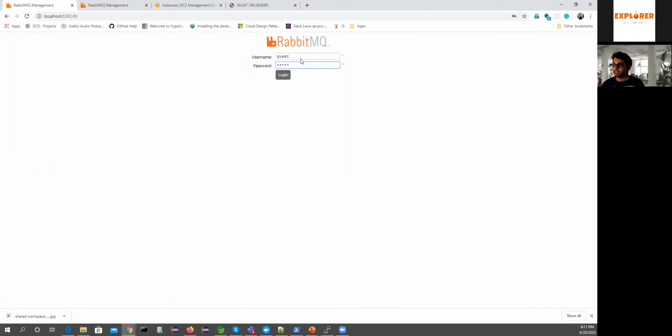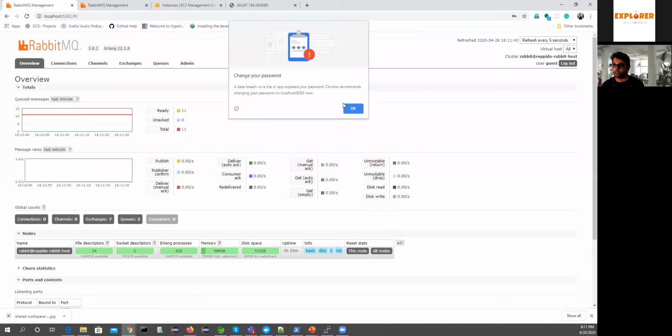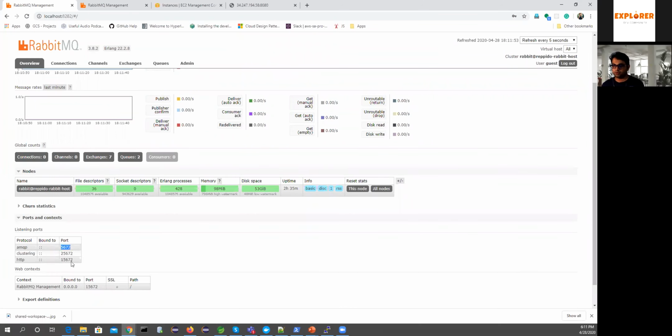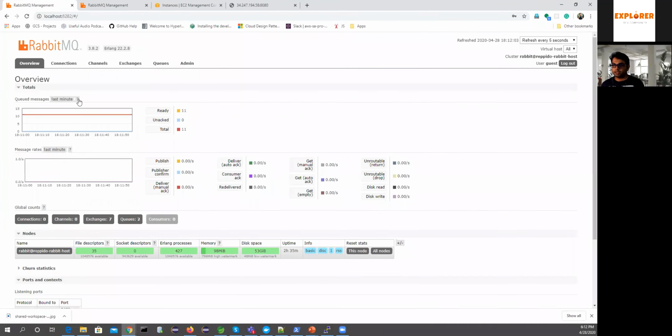First of all, this is not RabbitMQ itself. This is an additional plugin, like a management console. So it will give a visual view. We can log in, and also you can see that this is a different port. RabbitMQ's default port is the AMQP port. During the programming, we will connect to that port, and this console is to give us some graphs and some details about RabbitMQ.